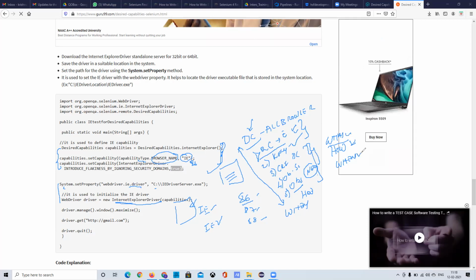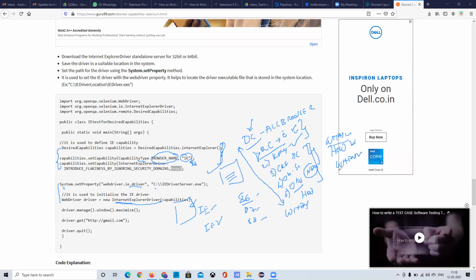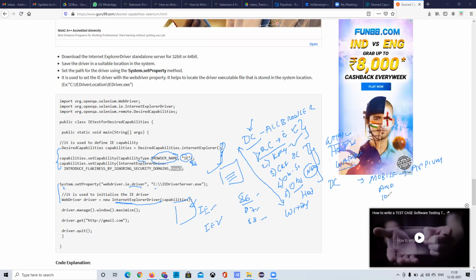Now the last question is when. For example, desired capabilities are much more useful when you are working with mobiles. That's where Ruma took the example of implementing with Appium. Here we say which operating system, Android, which Android version, 10.0, and which APK or which device you want to use. I want to do it for Samsung Galaxy Note 10, and which APK you want to run. Without setting these desired capabilities, you can't work.